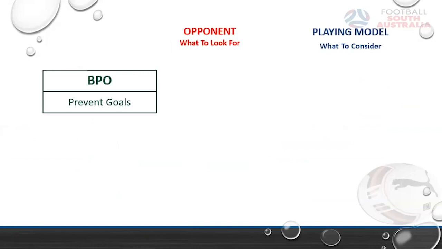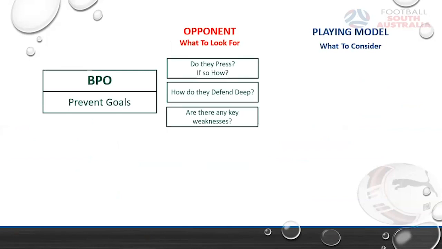Here are some good things to look for. Look at how they press. Do they press? If so, how? Do they force the centre-back to play into a full-back and then try to lock you against the line to create a defensive overload against the full-back, or force you down the line into the winger? Do they press and force the fullback to play inside, and they're going to try and step to win the ball in central areas? If they defend deep, how do they do it? How does their block operate?